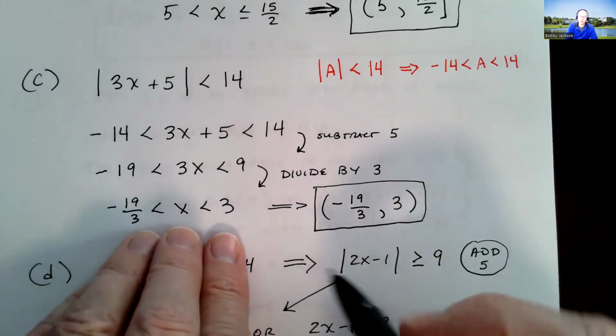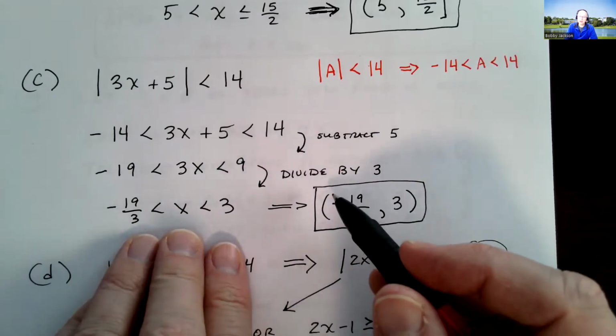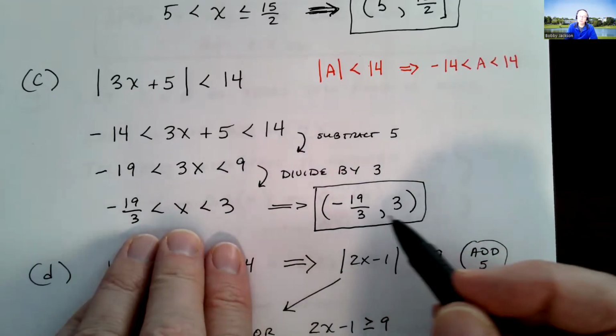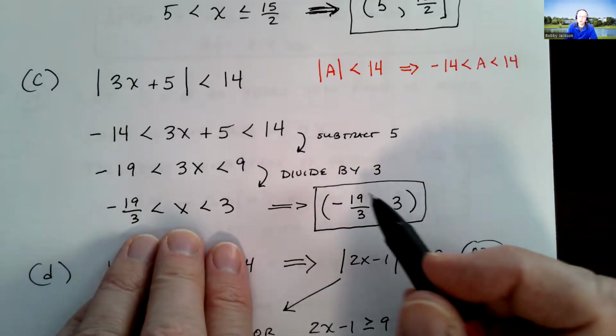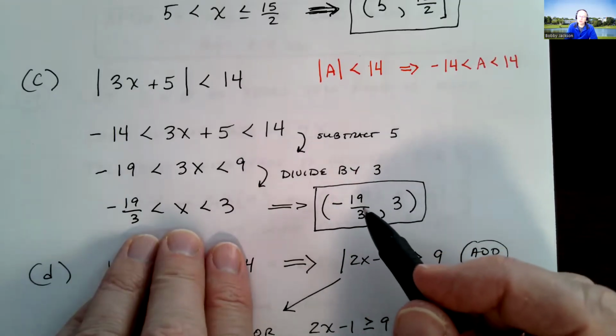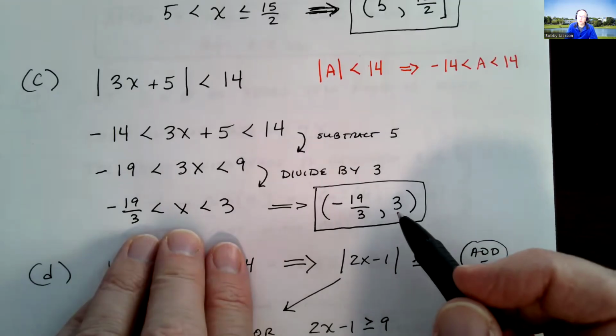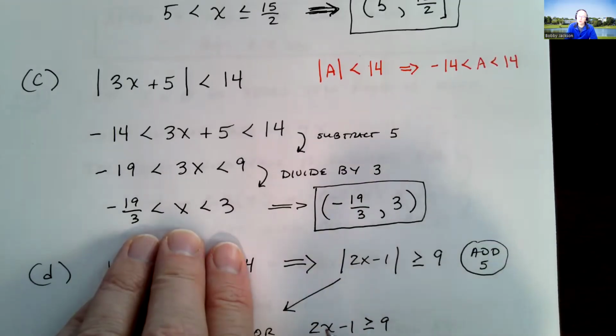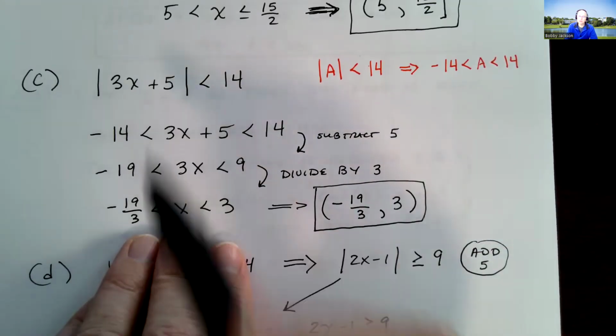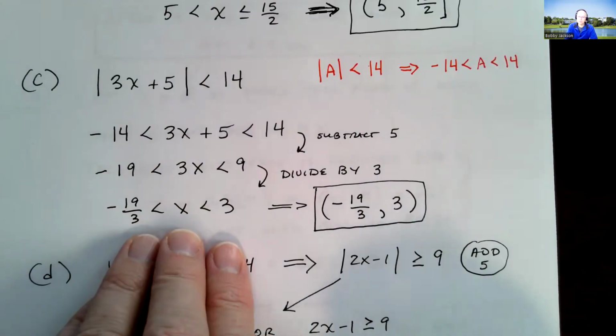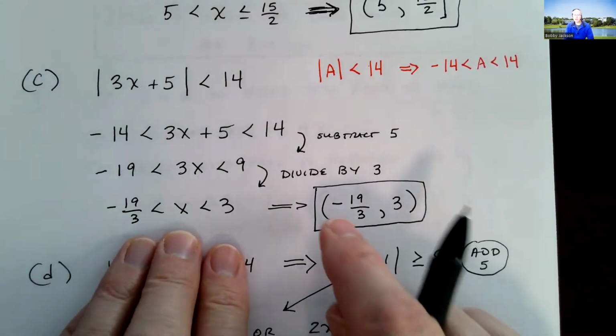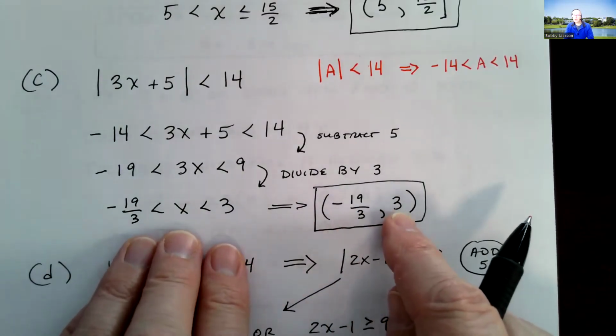And so notice it's less than and less than. So I've got parentheses on both of these endpoints. And this is the solution. So basically we're saying any value of x between negative 19 thirds and 3 will make this statement true. And you could check again, like if I plug in 3, which it shouldn't work,